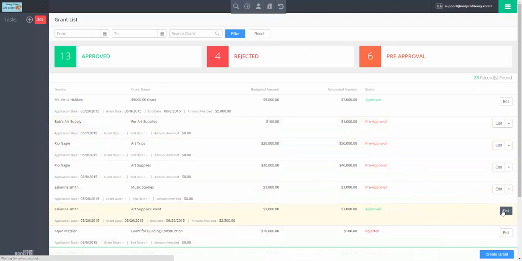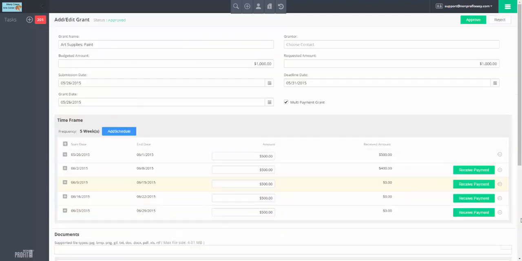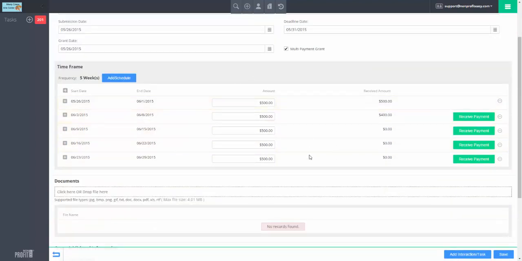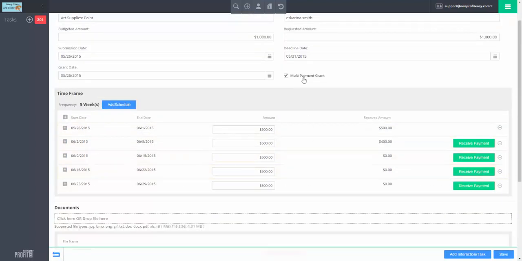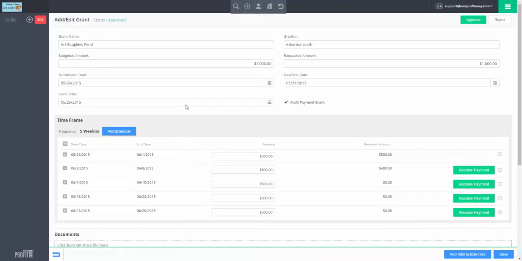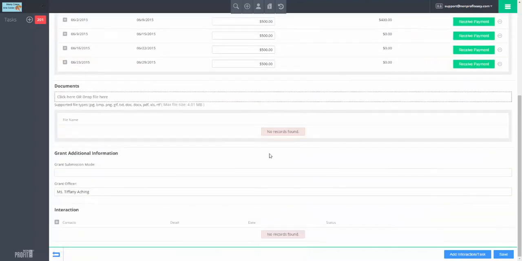Or if it's approved, we can actually say how that money is being distributed. So maybe this is a multi-payment grant. They're going to pay us in a way that's going to be broken up over maybe years, months, whatever. And we can receive the payment separately. We can also say what program those payments are being associated to. I don't have that set up here on this one,